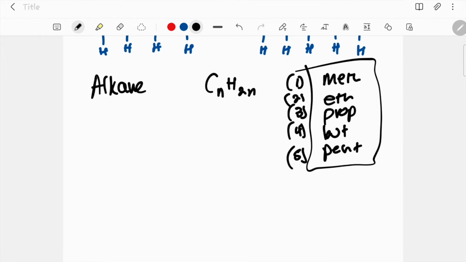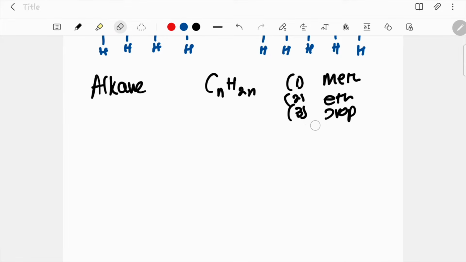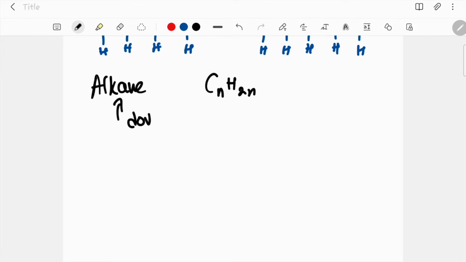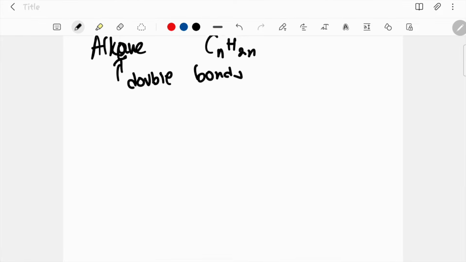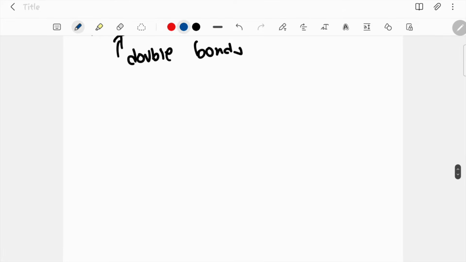Okay, let's now draw it. Now the real difference between an alkene and an alkane is that an alkene has double bonds. So when we are drawing this, you need to keep in mind that alkenes have double bonds. Okay, so if I'm drawing an alkene, and let's for example draw